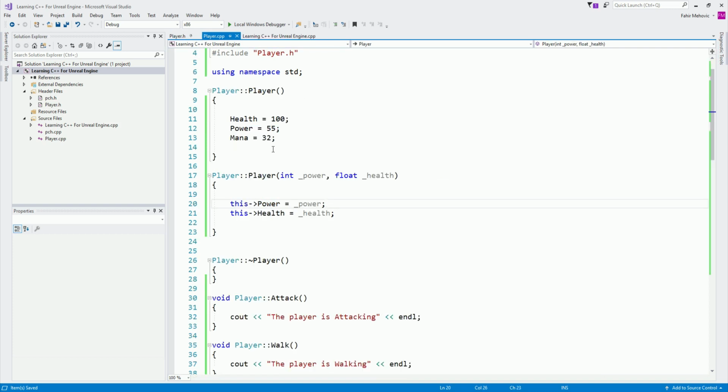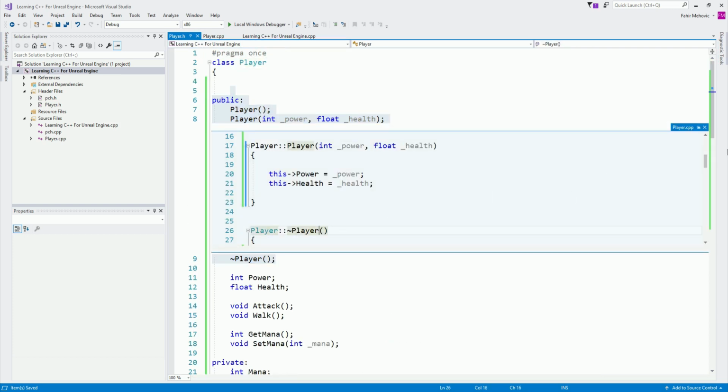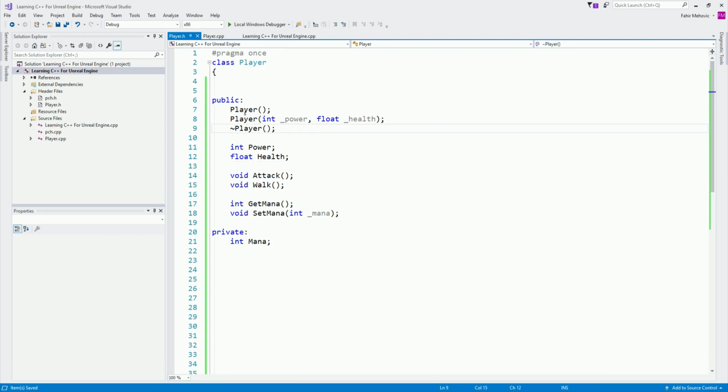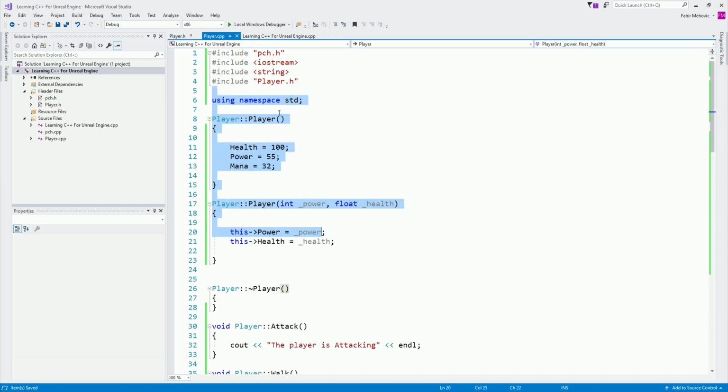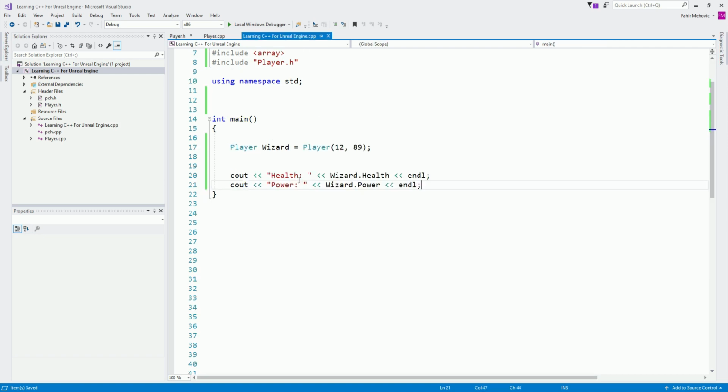You declare or create a class. In the .h file is where we declare the variables that we want to use, such as our integers, floats, booleans, strings, whatever. The implementation is in the CPP file, excuse me. This is where we implement them to give them values and whatnot, and then we can create objects or instances out of that class and use them in our game or in our app.